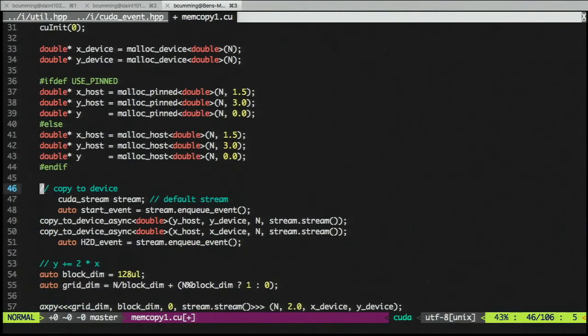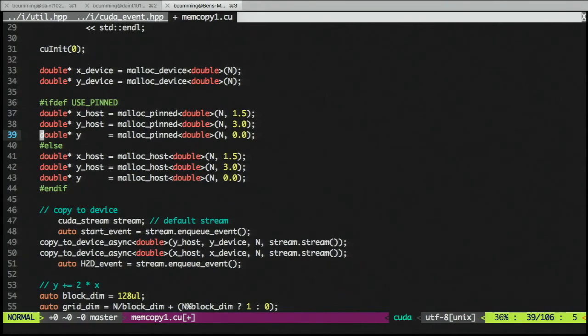And we have two options here. We can either allocate the memory using pinned memory or using normal host memory. And the question was, well, does that make any difference? And the answer is, it depends on how big your array of data is. If you've got a big array of data, like megabytes or gigabytes in size, then there's no difference really between pinned memory and host memory. But if the amount of data in your array is very small, a few kilobytes, for example,